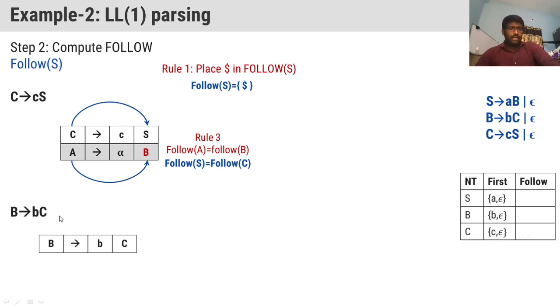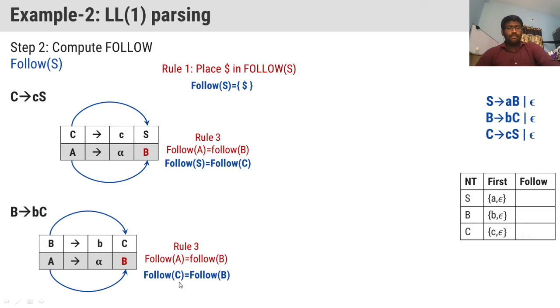C is not followed by any other symbol here also. That's why follow of C equals follow of capital B. By that rule, follow of B equals follow of A, so we simply say that follow of C equals follow of capital B. Why have we directly gone to the C symbol? Because to find the solution for this, we need to find C. C is also not followed by any other symbol. That's why, if beta is absent or if beta contains epsilon, follow of C will be equal to follow of B.